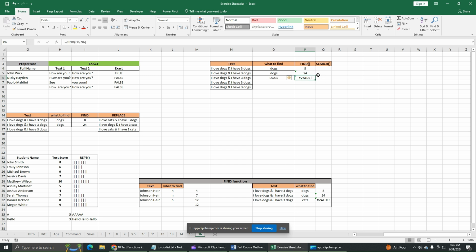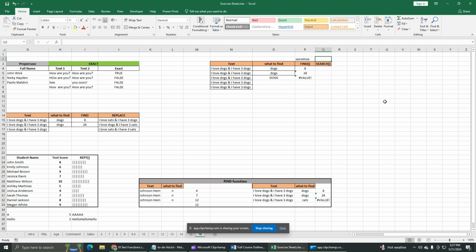So this is the limitation of the FIND function, that is, FIND is case sensitive. In this sentence the dogs are written in lowercase, but we want to find dogs in uppercase. So FIND is unable to give us the result because FIND is case sensitive,